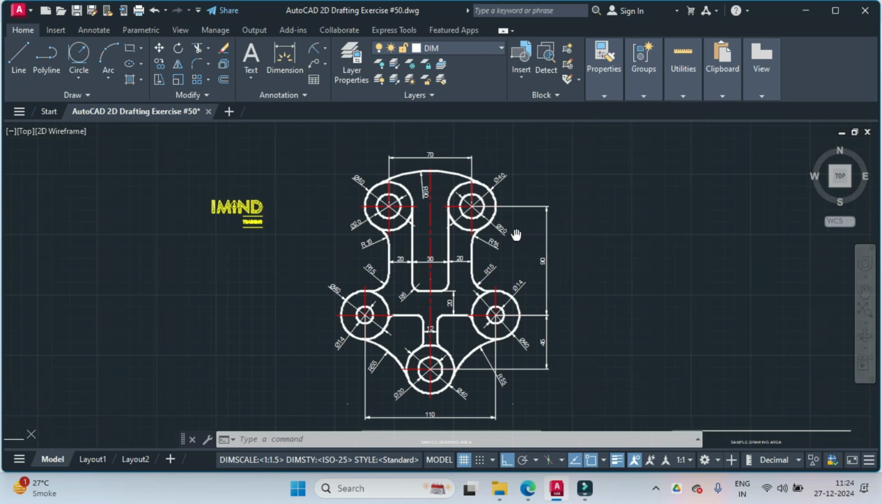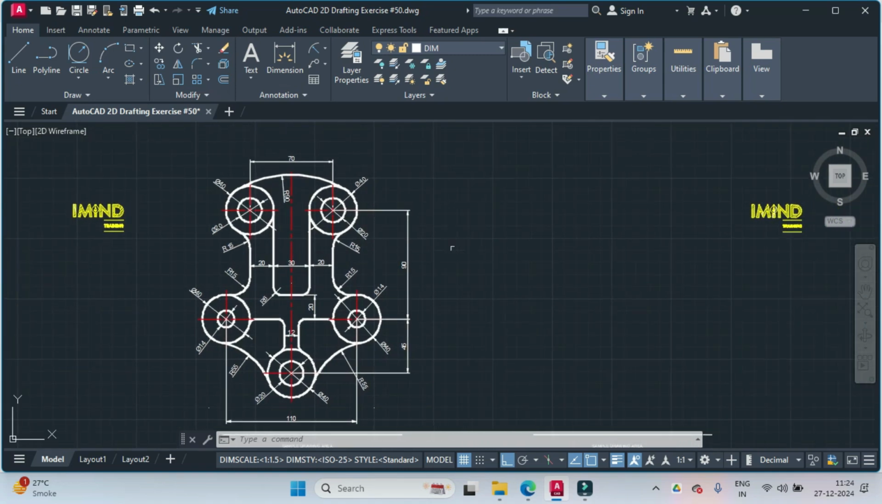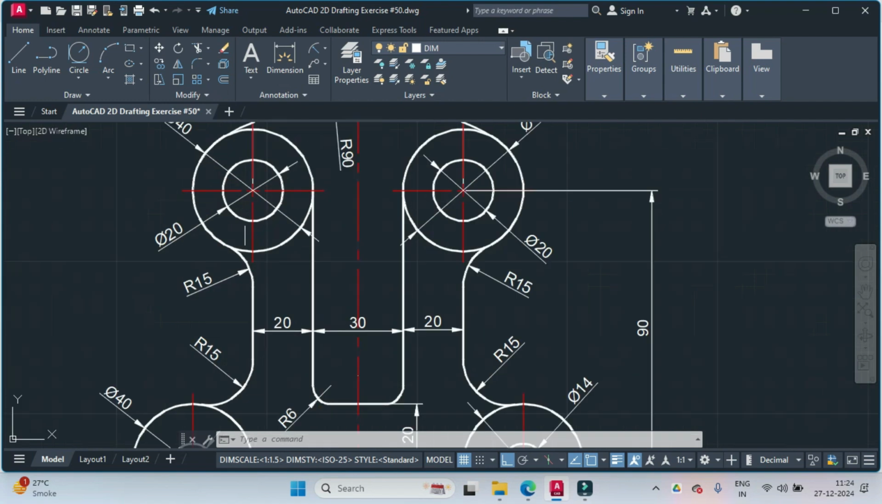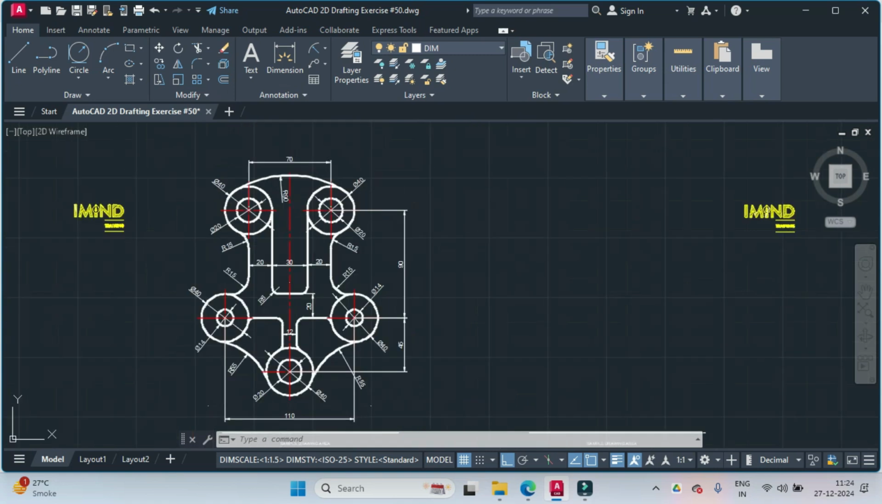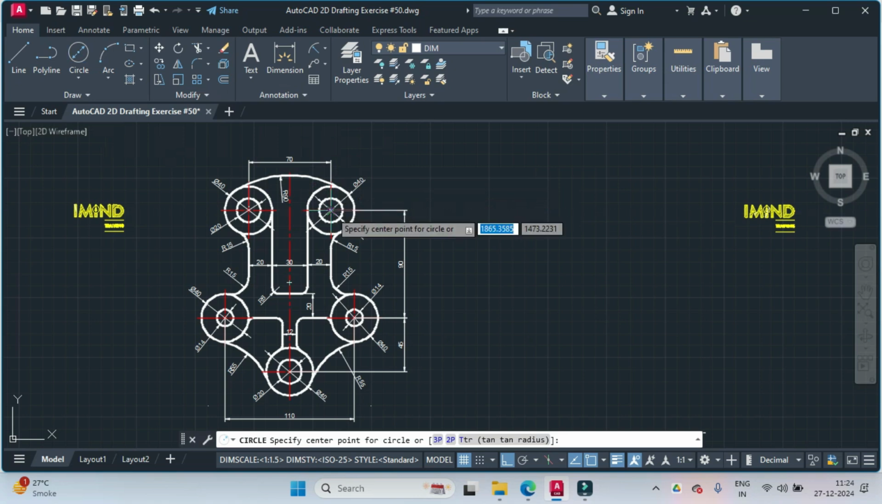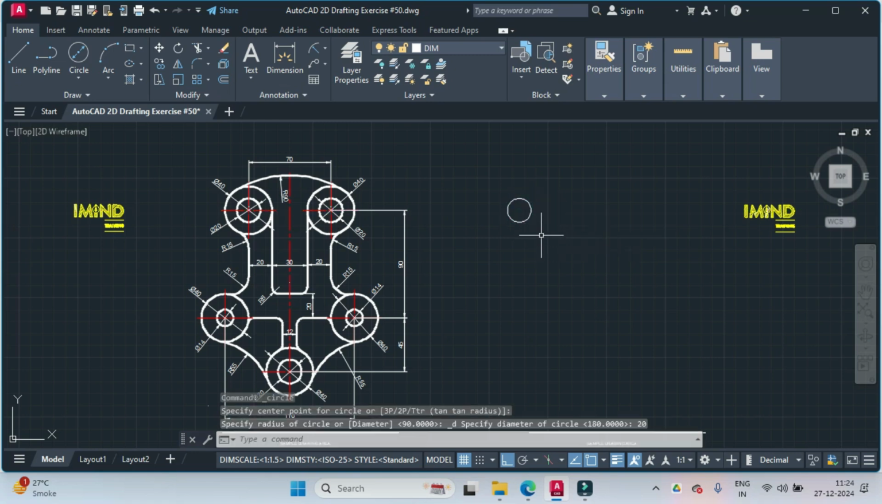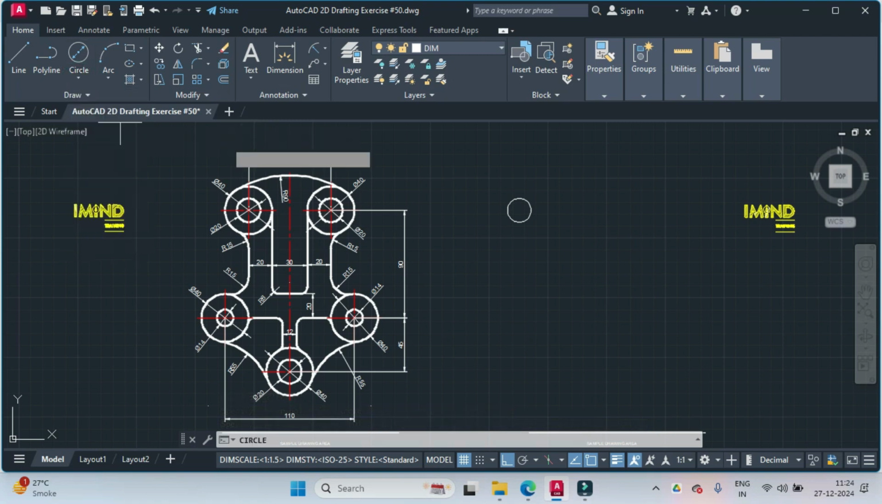So let me show you how we'll proceed with the drafting. I'll pan the image a bit to the left, and we'll first begin by drawing this inner circle which is of 20 dia. So I use circle center diameter. I use this as a tracking point and click somewhere over here and draw a circle of 20 dia. Then we'll draw this outer circle of 40 dia. So circle center diameter